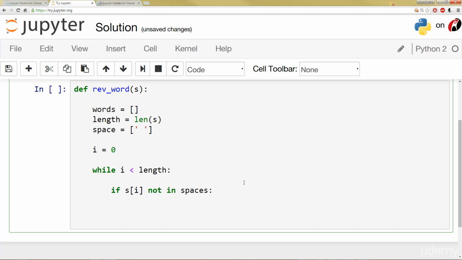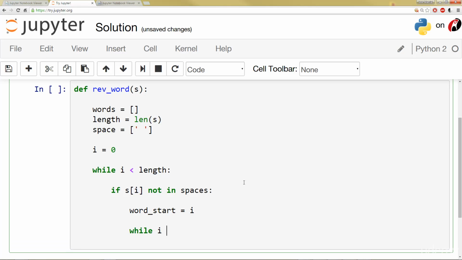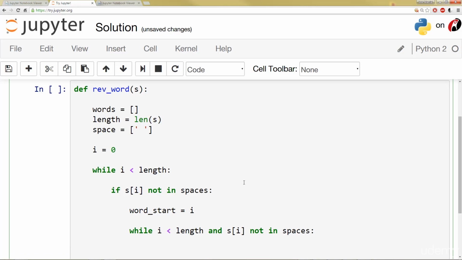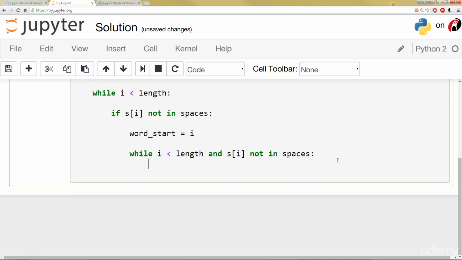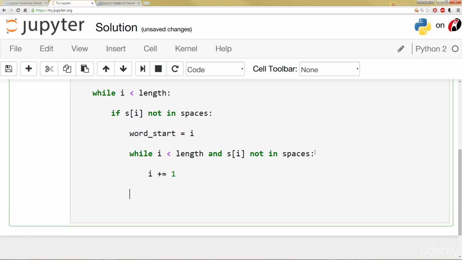We're going to say if the element isn't a space, then the word starts at that index. So I'm going to say word start equals i. And then while i is less than the length and s of i is not in spaces, meaning we haven't hit a space yet, what we're going to do is try to get the index where the word ends. So in that case, what I'm going to do is add 1 to i, and then outside of that, I'm going to say words.append,